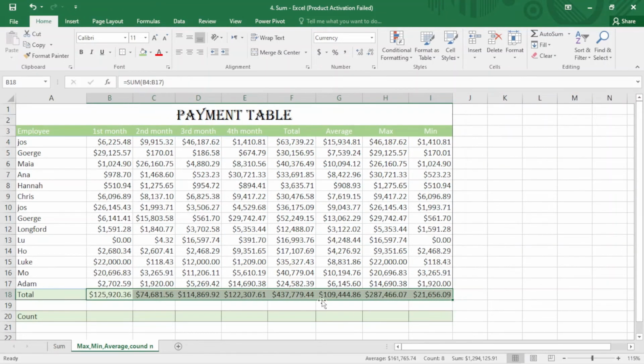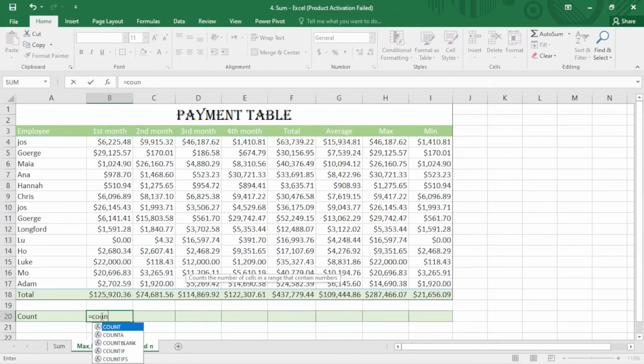So there is one thing remaining here. It's count. We have the count here, count numbers. With this we can't count the text or blank, so we can only count the numbers. I just come here and write equal sign, count, tab, select